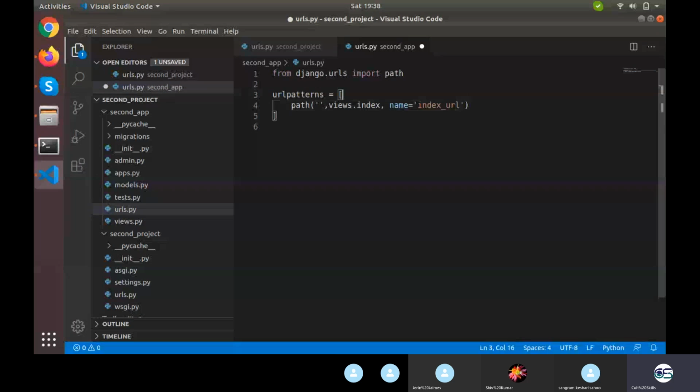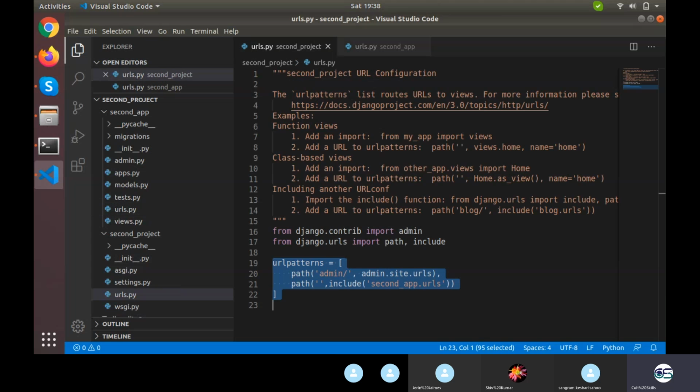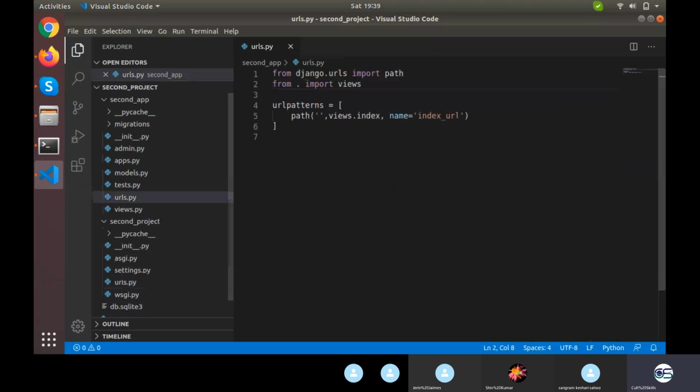And then right here, from . import views. This is what you need to do in your app urls. Into the app there is a file named urls.py which you need to create, and then write the whole of this into that file.